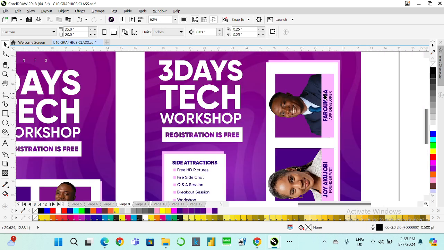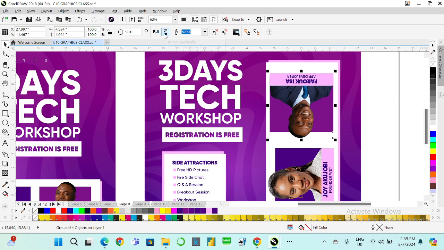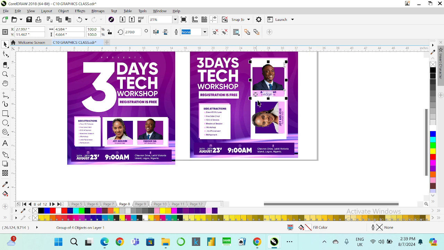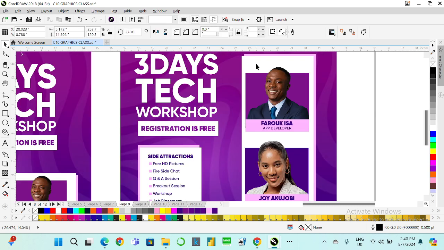So we wouldn't leave the picture this way. I'm going to rotate them also. I'm going to group this, then make 90 degrees rotation and turn them upside down. Do the same for this. So you can see, so if I don't like the spacing,